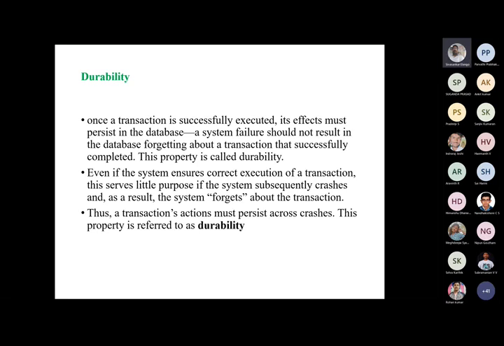So even if the database crashes, you should be able to recover the data from the disk file, right? So hence a transaction's action should persist across system crashes. This property is called durability, right? So even if there is a system failure, we should be able to recover the system from the point of failure,